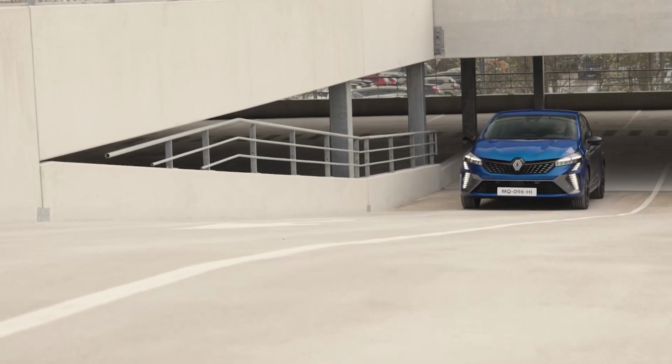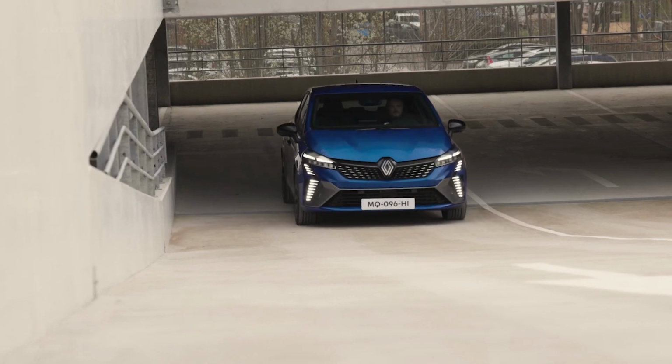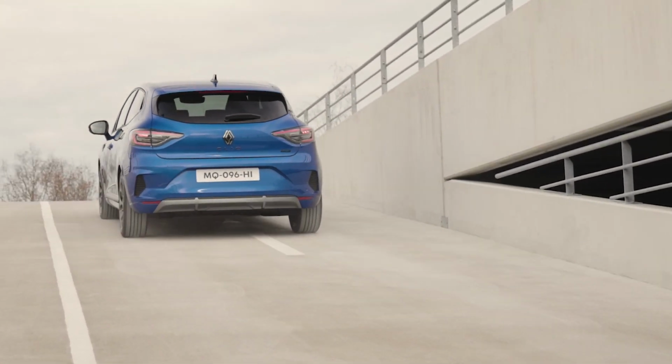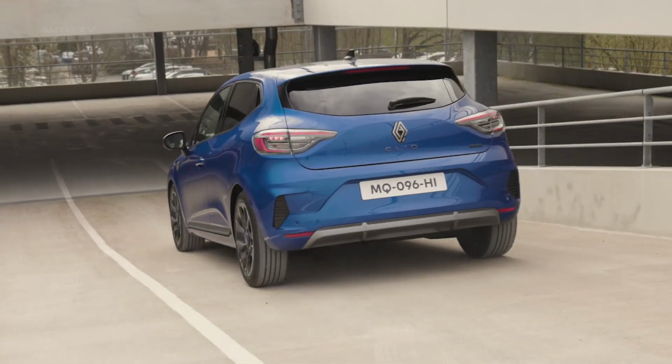Renault unveils revamped Clio with major facelift and Esprit Alpine version. Renault has unveiled a significant mid-cycle update for its best-selling supermini, the Clio. The French automaker aims to keep the model fresh and competitive against segment rivals like the Volkswagen Polo, Skoda Fabia,